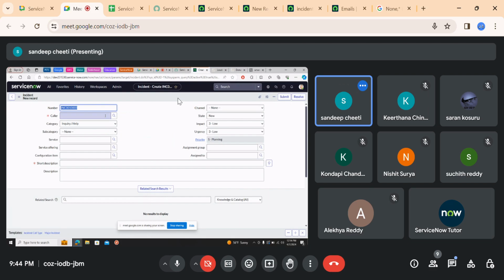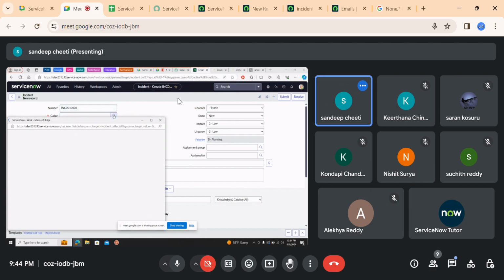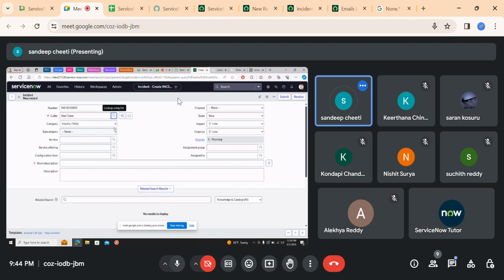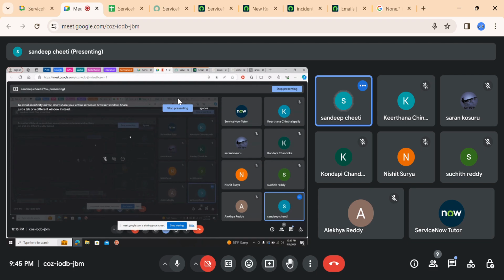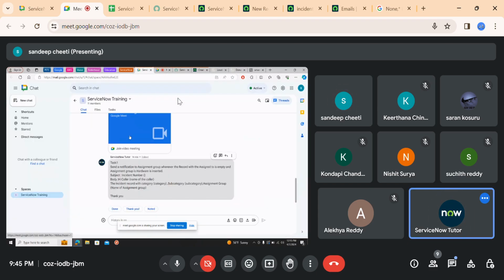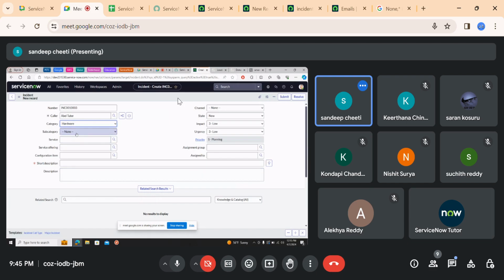The group is hardware. Category is inquiry, right?